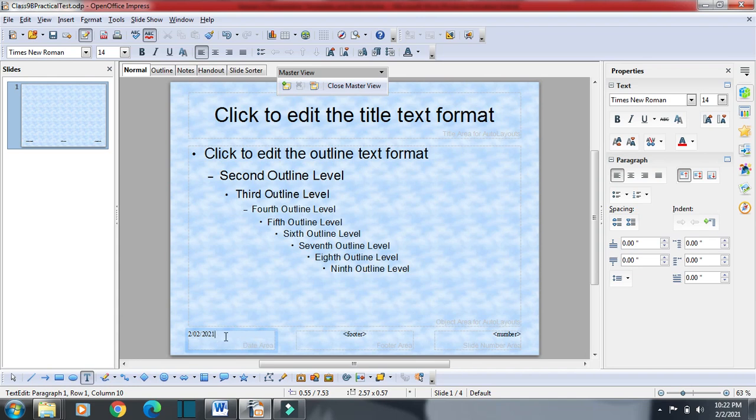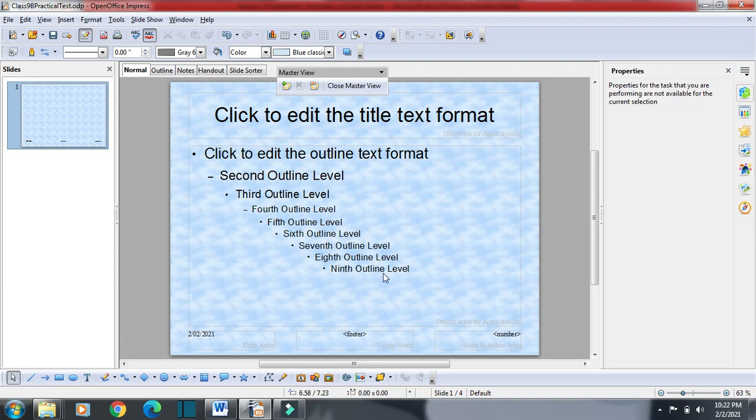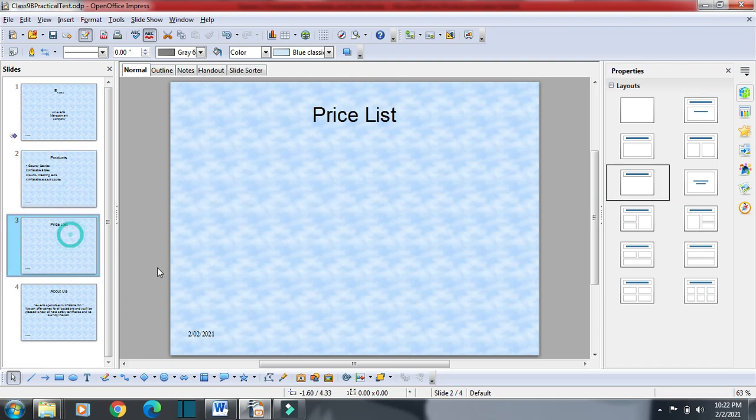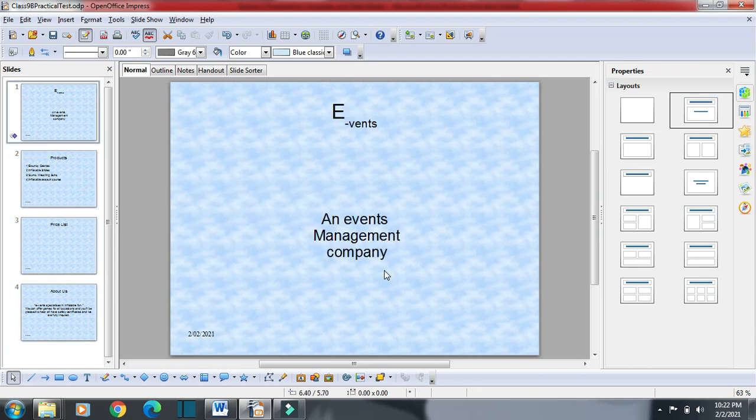Okay, so I have changed the date from here and it should be applied to all the slides. Now you can see this date is applied to all the slides.